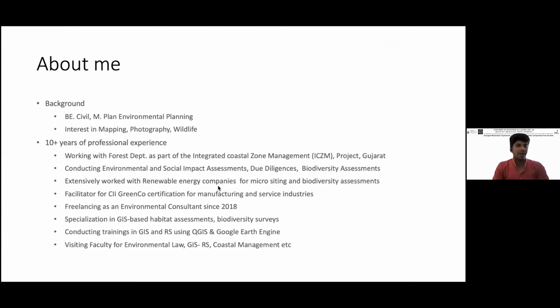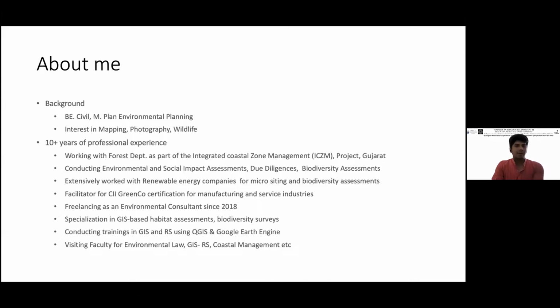So although I've done my civil engineering, I did my master's in environmental planning, and that's when I actually got introduced to mapping. The first map I probably created was of mangroves in the Thane Creek in Mumbai. And when I looked at different decades of these mangroves, I realized the mangroves were actually breathing naturally. You know, they were growing every decade and then they were coming back every decade. That actually made me start loving this whole technology of remote sensing and GIS.